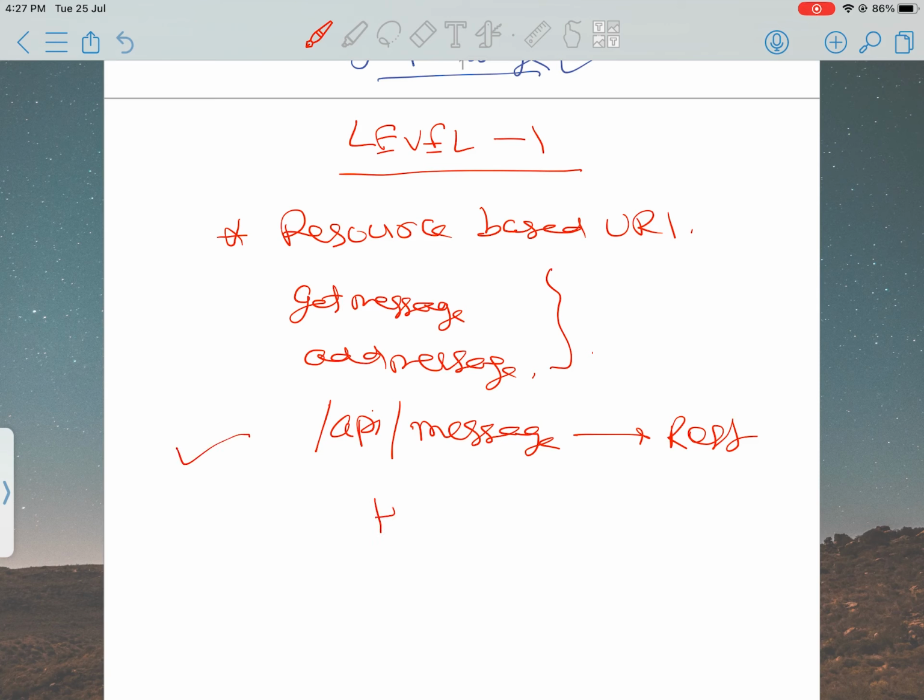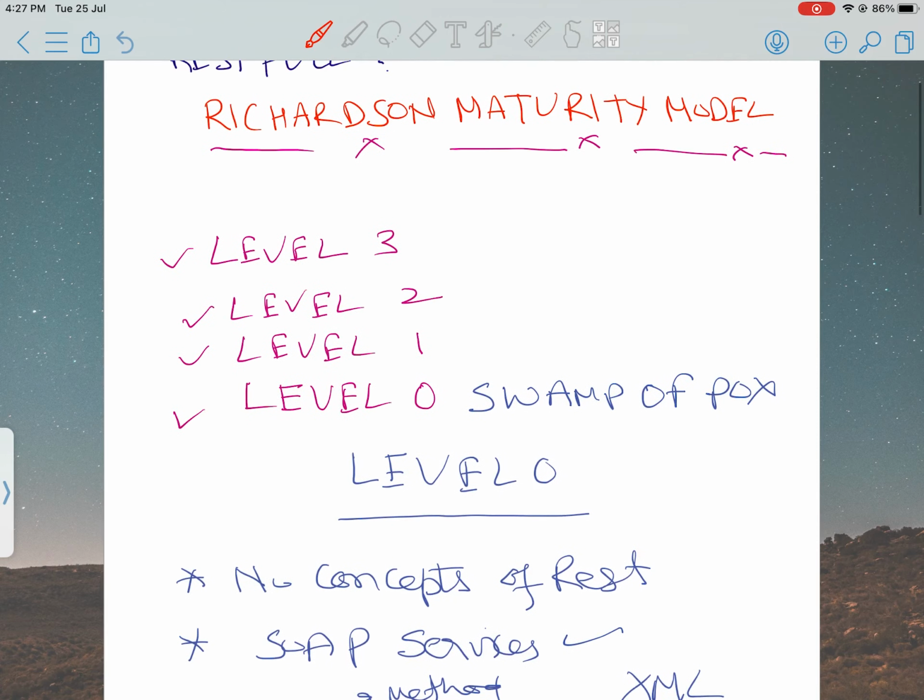And we use whatever we have seen earlier, like those get messages, add messages methods. So level one, we can call as resources, because at this level, at least your URIs are resource based, right? In level two, we go one step ahead, and